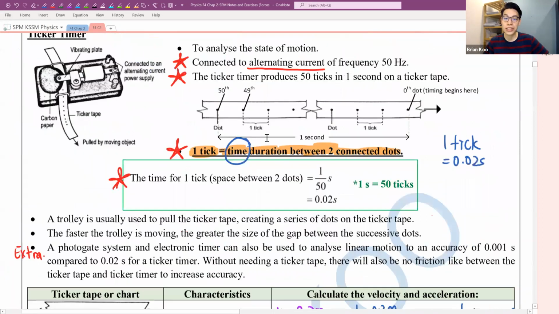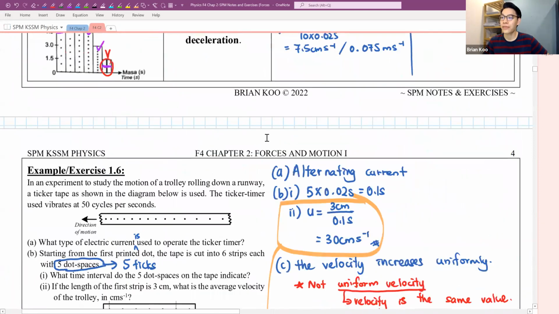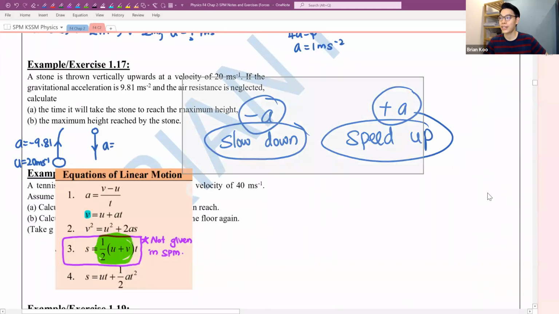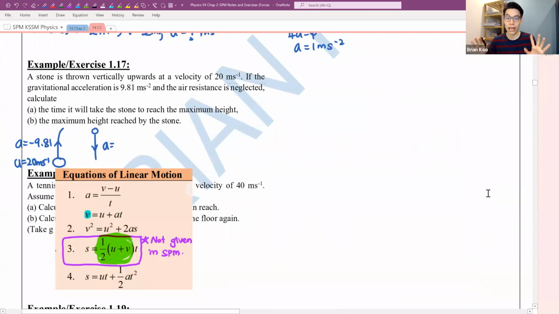So please don't confuse yourself. Don't make life complicated and difficult for yourself. Okay, if you understand this, I move on. All right, so